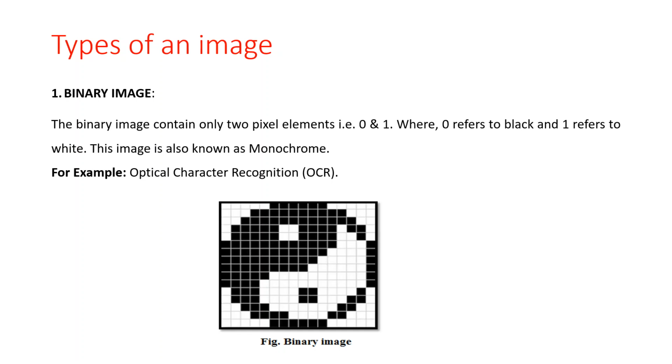A binary image consists of a one-bit image, and it takes only one binary digit to represent a pixel. Binary images are mostly used for general shapes or outline purposes, for example optical character recognition, that is OCR. So this is a simple binary image having 0 and 1, that is white and black color.